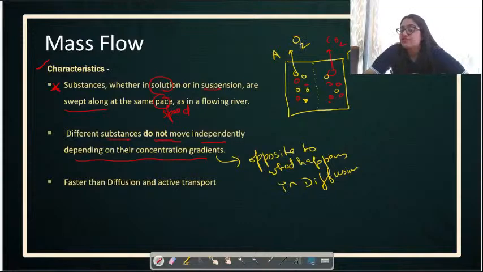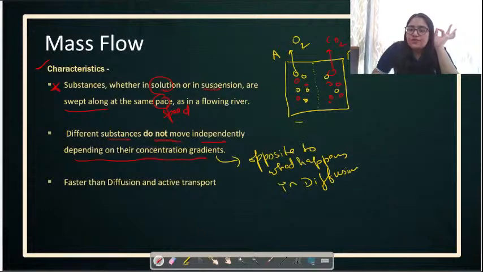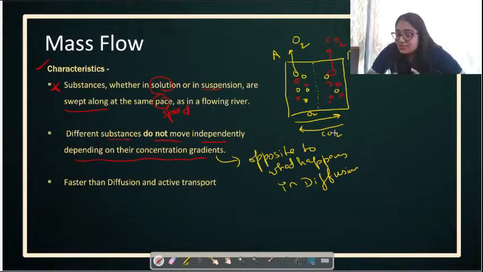That means the concentration of oxygen is higher on the A side and lower on the B side. Similarly, CO2 concentration is higher on the B side and lower on the A side. So if these gases are moving with the help of diffusion, what will happen? Oxygen will diffuse from side A to side B, and CO2 will diffuse from B to side A. So this is how O2 will move and this is how CO2 moves. What did you notice, my kids? You noticed that in diffusion, different substances move according to their concentration gradient, and